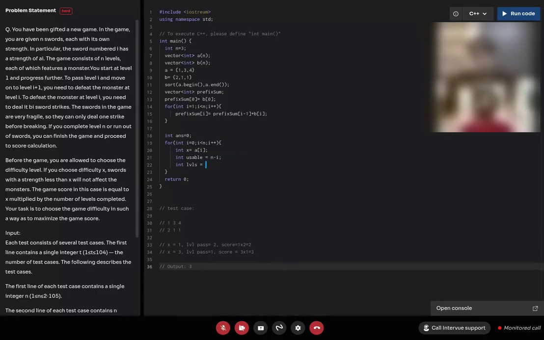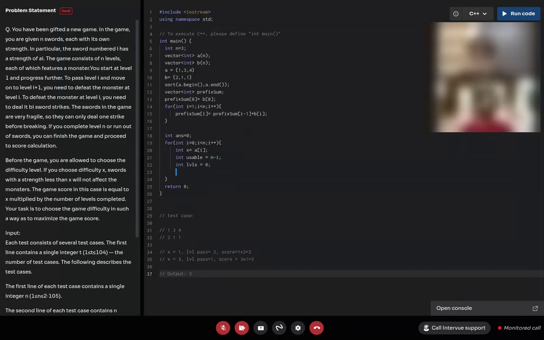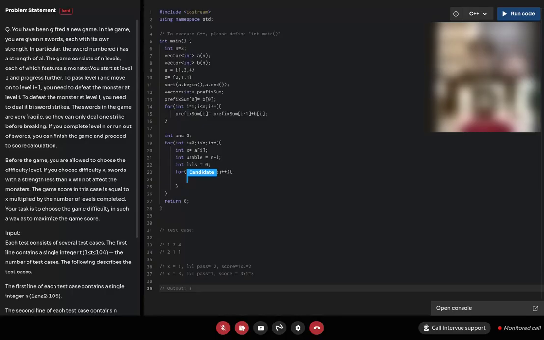And so the levels right now will be, if I have these many usable swords, let's say it's 0 right now, and I'll run another loop for calculating the levels.